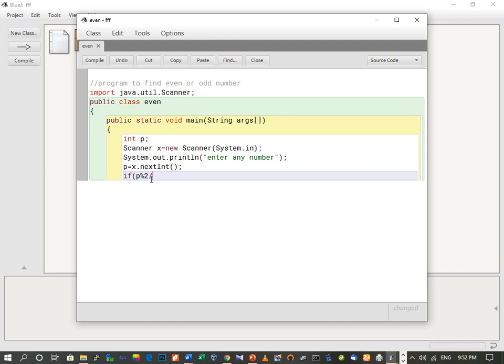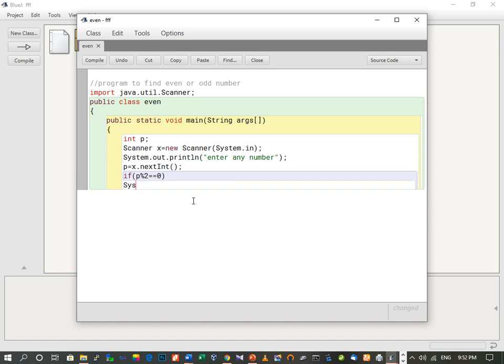This is a division operator. This will give you a different output, but this mod operator will give you the remainder. So what will be the remainder, if I divide the number p by 2? If it is 0, then we know that we can print that the number is even.